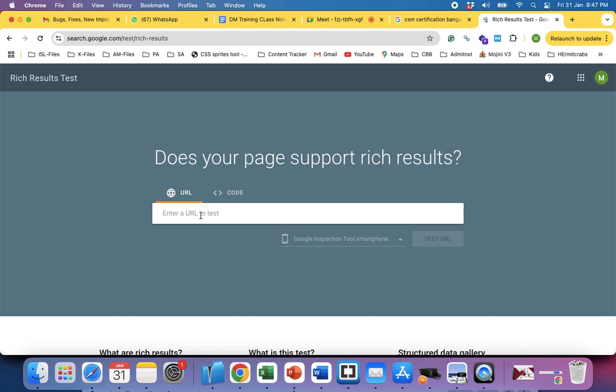So my suggestion is always understand what kind of schema is important or relevant for your business, and just bring in those schemas. Why should you be doing what the competitor has done? The competitor is a dumb fellow and he doesn't know anything, and he may not have done anything at all. If nobody has done anything at all, now what will be your implementation? Will it be based on your competitor, or based on your knowledge and what is necessary for the business? So I request all of you to come out of this mindset.